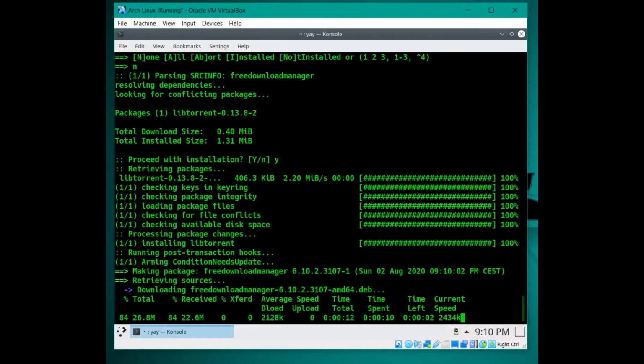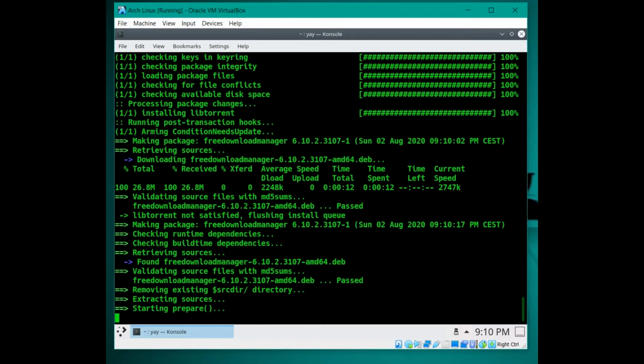It is receiving the files. Now it is building them.